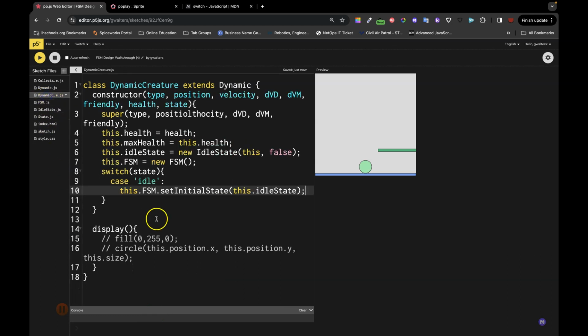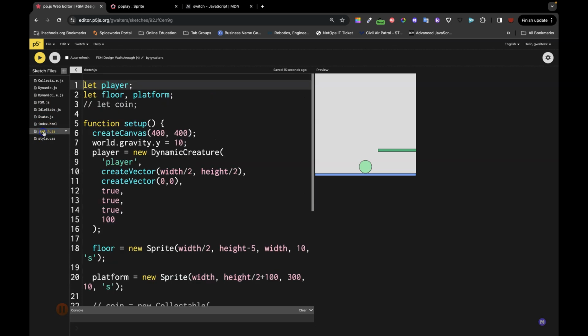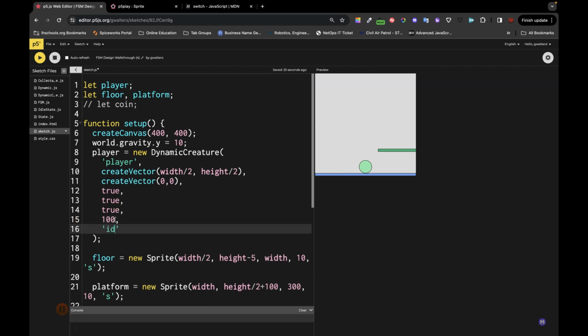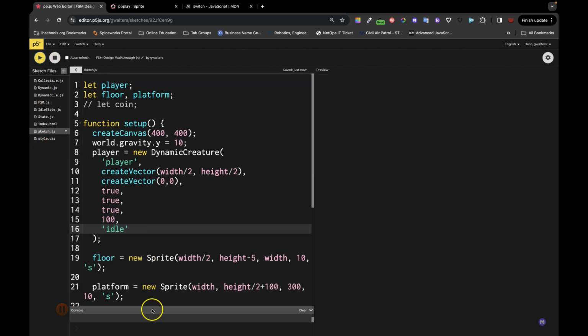Okay, so we need to pass this in. So this is now a new requirement when I create a dynamic creature. So that would happen in the sketch. I create my player. Here, my last thing would need to be that I am passing in the idle state. Okay, so now if I run this,